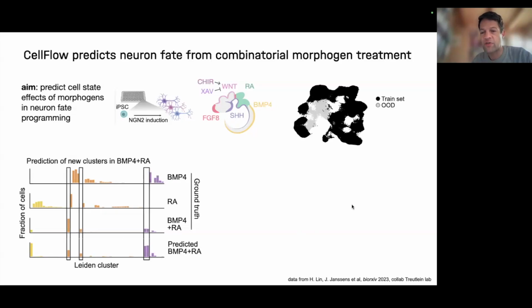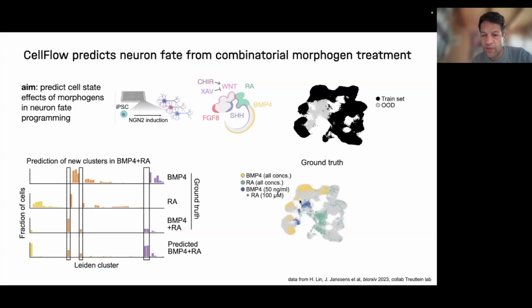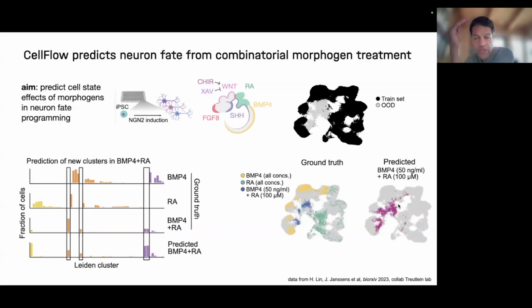And this is also what we see. So we train on a data set. The ground truth would be these ones we train on, these ones you want to predict. And hey, we predict this one. So that's exciting. This shows that this model doesn't just interpolate, but it goes to really new types of states that maybe more classical models had problems with.